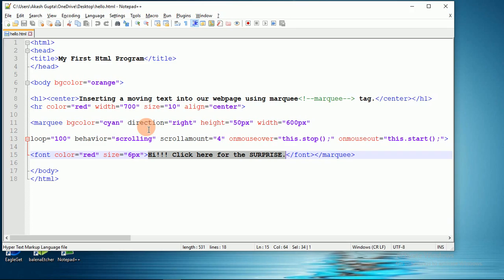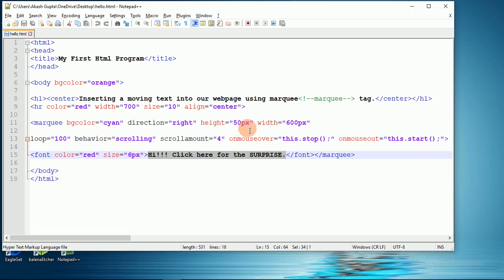Now direction means you need to mention the direction from where the text will start scrolling or sliding in the web page. So that determines the direction of the marquee text.